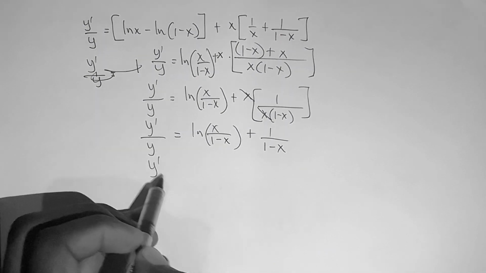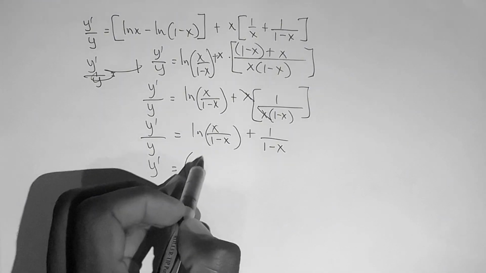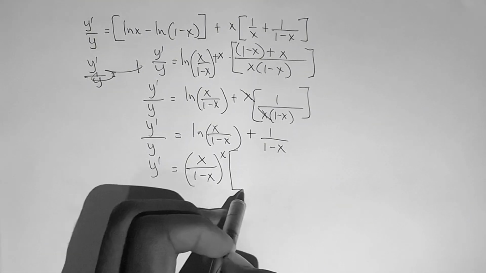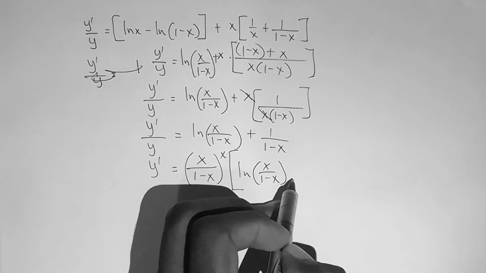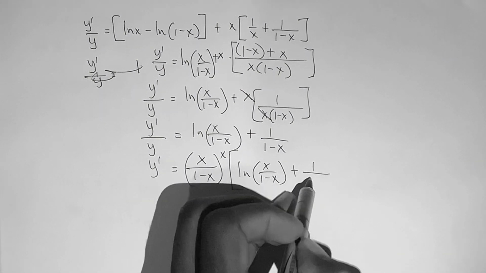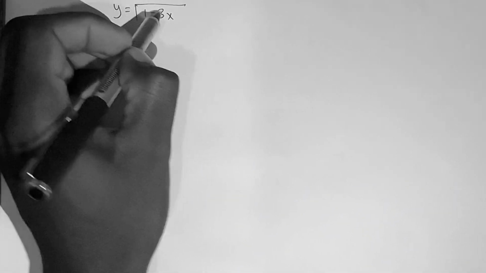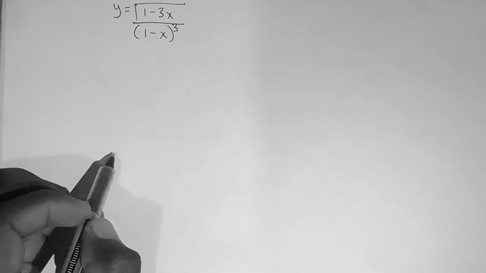So y prime is equal to, remember that y in the question was given as into brackets x divided by 1 minus x exponent x, then all of that times ln into bracket x over 1 minus x, then plus 1 divided by 1 minus x. So this is the final answer. Now, if y is equal to the square root of 1 minus 3x divided by into bracket 1 minus x exponent 3,